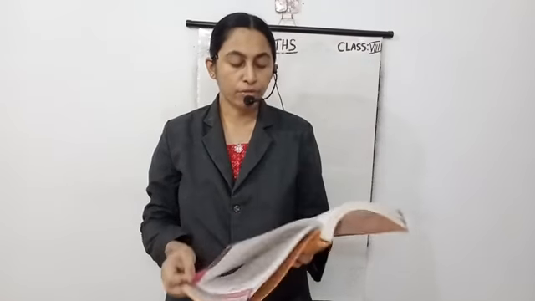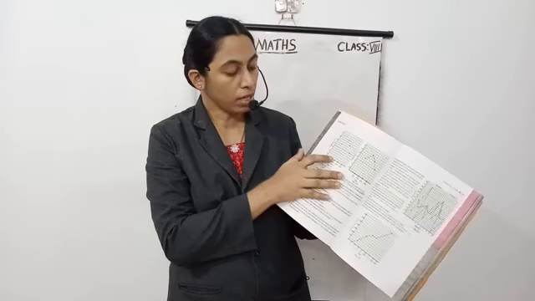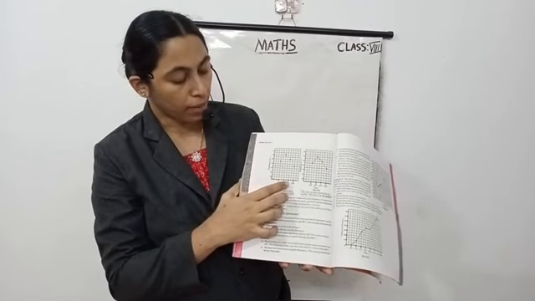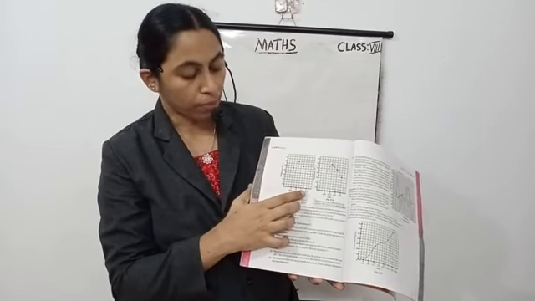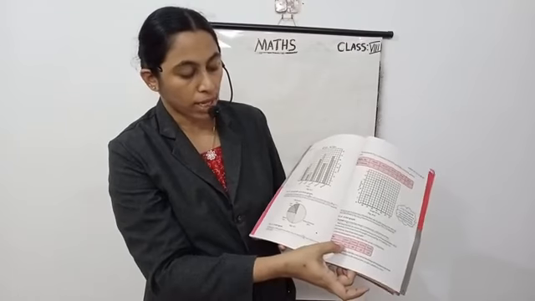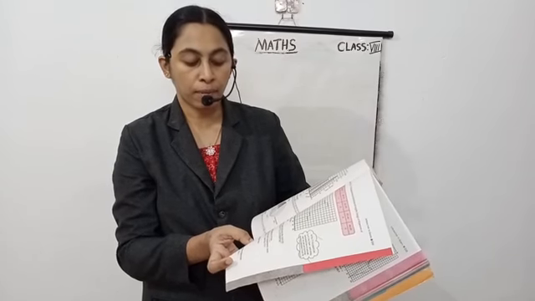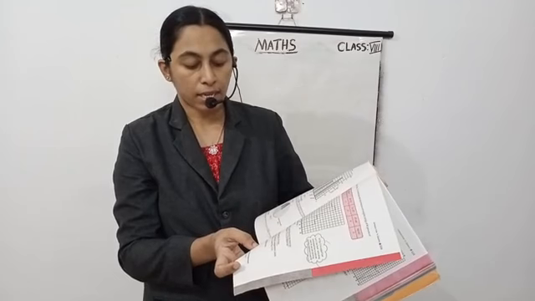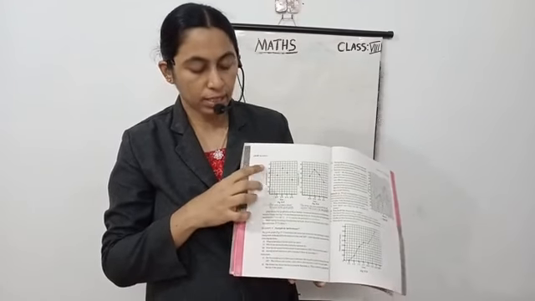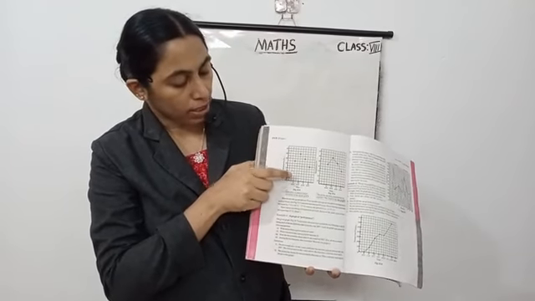On the next page it is given. Look at this. This is a line graph. So here 6 a.m., then after 4 hours 10 a.m., then after 4 hours 2 p.m., then after 4 hours 6 p.m. And the measurements are given here. 6 a.m. 37, 10 a.m. 40 degree, 2 p.m. 38 degree Celsius in Celsius scale, and 6 p.m. 35 degree. So this x-axis and y-axis we draw the same as in bar graphs, and we put a dot here.